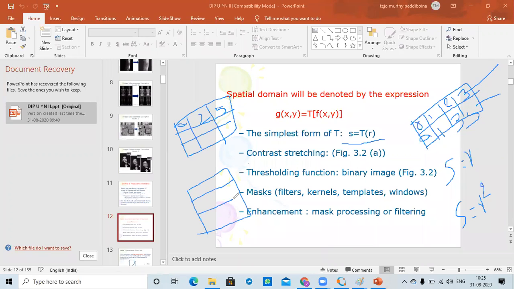Now I will consider this mapping, where this is R and this is my S. 0 is replaced by 0 only. And input 2 is replaced by 3. And this 3 is replaced by 3 only.